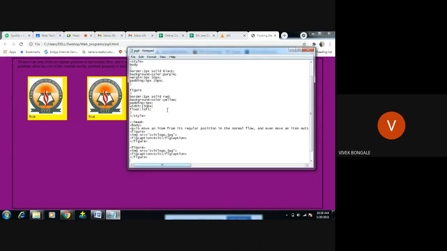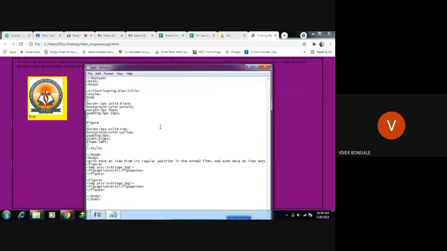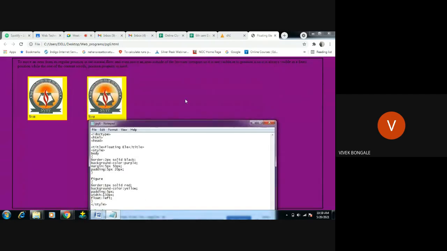Okay, we have floated the multiple images. We can float as many images as we want. For example, from this box to this box, it will take a maximum of 5 to 6 images. If I copy the same image code 6 times, it will float the same image 6 times.